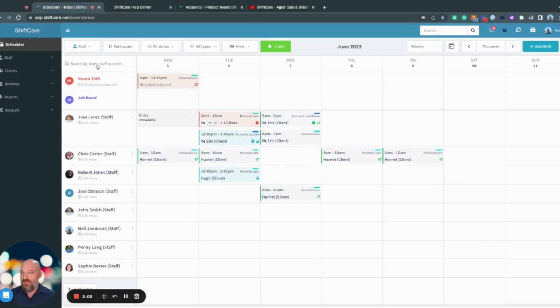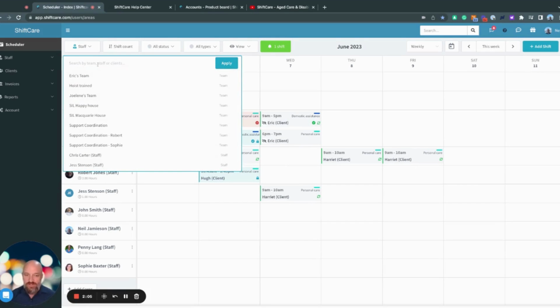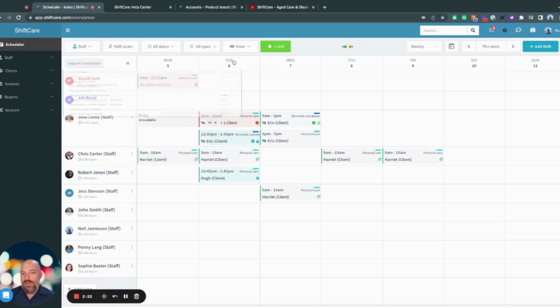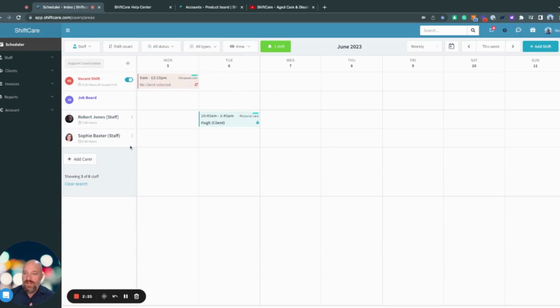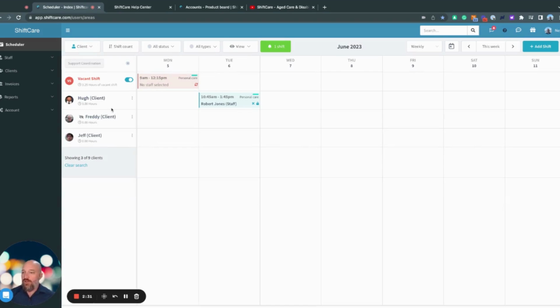But if I wanted to search for a specific individual, either a staff member or a carer, or if I wanted to search for a particular team, I can go ahead here in the search function and define who I am looking at. So if I wanted to look at my support coordination team, I could have a look at that. And what that will do is it will show me both the staff and the clients who are part